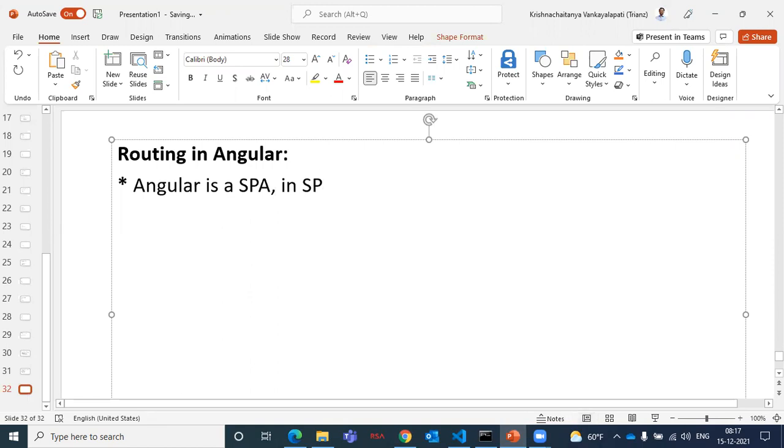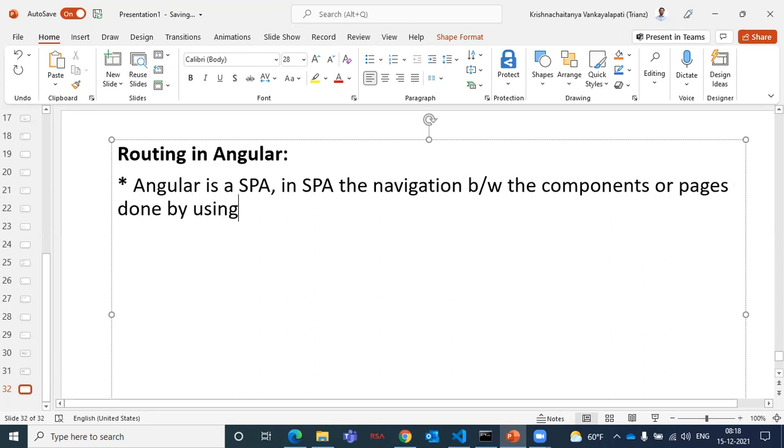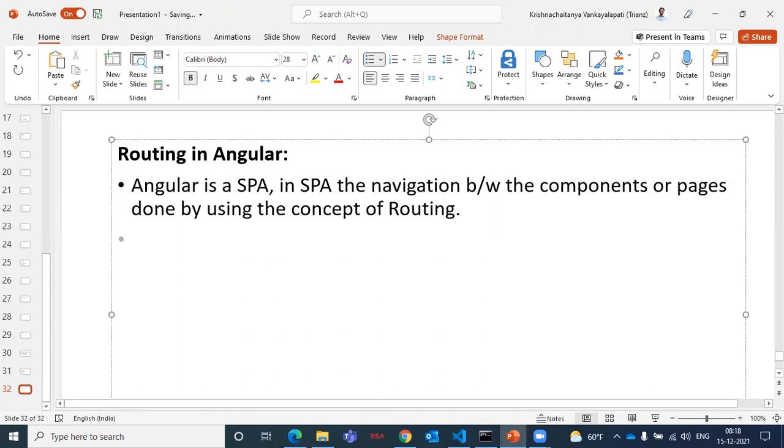In a single page application, the navigation between the components or pages is done by using the concept of routing.